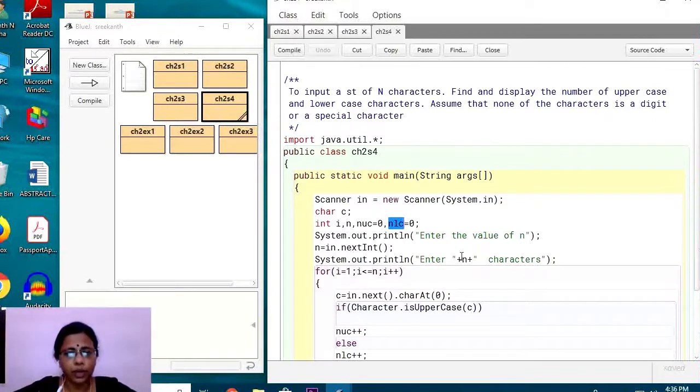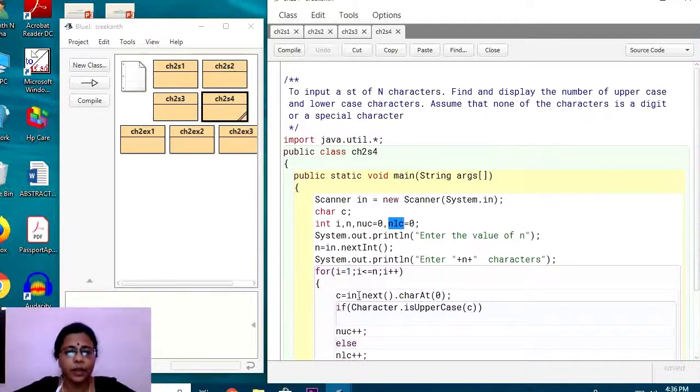Next we are coming to enter the value of n. So in your machine it will ask you to enter the value. So if I give n as 3, how many times will the loop run? The loop will run for 3 characters. However many characters you have told, that many characters you have to enter. I = 1; I <= n. Here I have started the I value as 1. So if I have n as 3, it will run for I is 1, I is 2,